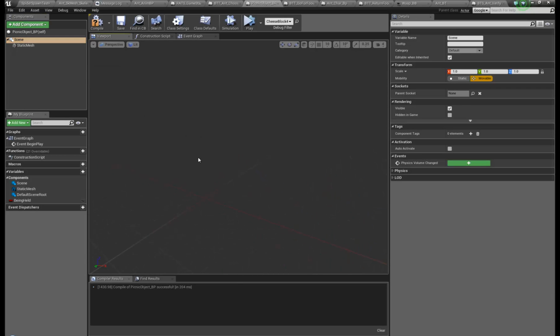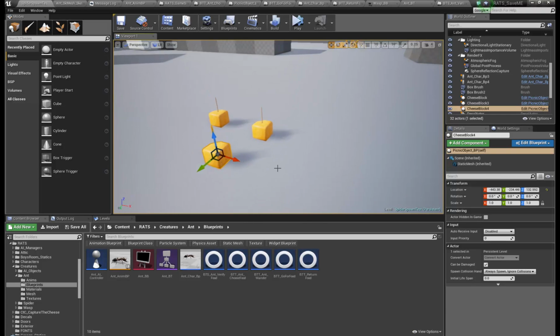There we go. So we create our own scene root to take over and get rid of that thing that wouldn't go away even when I unchecked visible, which is kind of a dick move. Okay, so let's